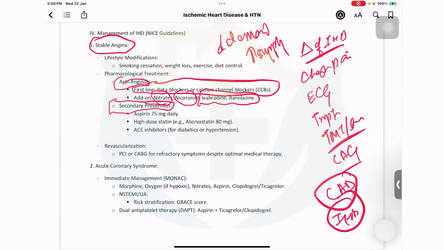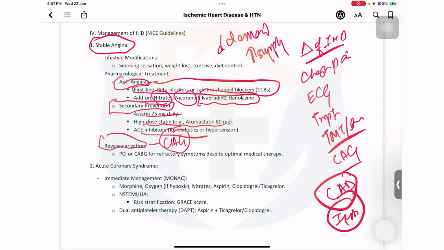So you give secondary prevention: aspirin you add on, high dose statins like atorvastatin 80, and remodeling of the heart with ACE inhibitors is mandatory. If the patient still has chest pain and has not improved with the medical management, then you go for revascularization. The path is through coronary angiogram. So first you do coronary angiogram, either a CT coronary angio or a proper coronary angio. Once you find lesions there, you go forward with PCI.